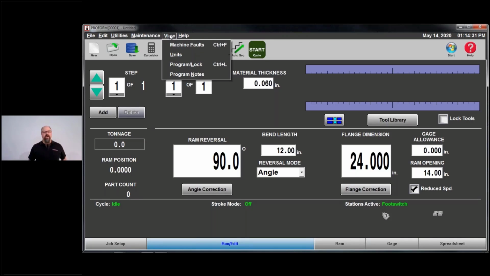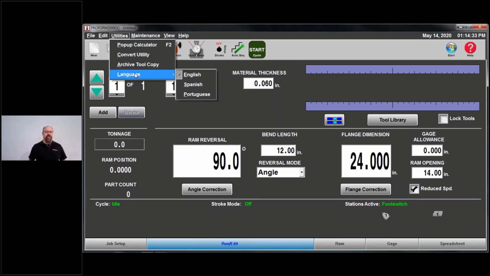I forget which. The reason I bring that up is because it is possible to switch the operating language of your software, and I have had many a phone call or email saying, hey, what happened to my machine? It's in Spanish. How do I fix it?